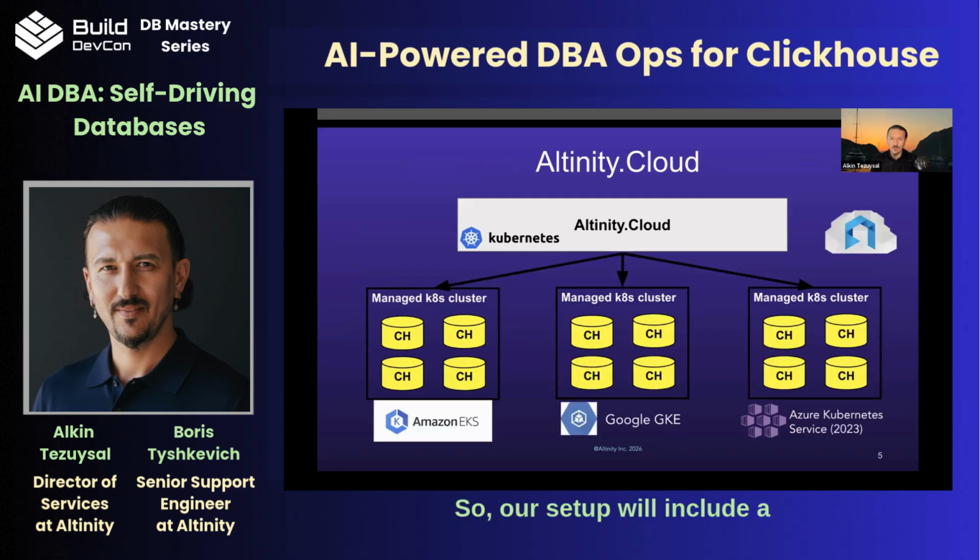So our setup will include a cloud-based implementation. What that means is a managed service. It's a cluster that is ready to go. It's got bells and whistles, tools, monitoring, and also a UI interface. And that's where we actually execute our ClickHouse operations, where Altinity Cloud provides three options. One of them is Altinity Cloud deployments. There is also bring your own cloud, one of these, as you can see, Amazon, Google, or Azure. Also, you can do bring your own Kubernetes. And this will be the basis of our ClickHouse implementation, where you can also run a similar approach in on-prem